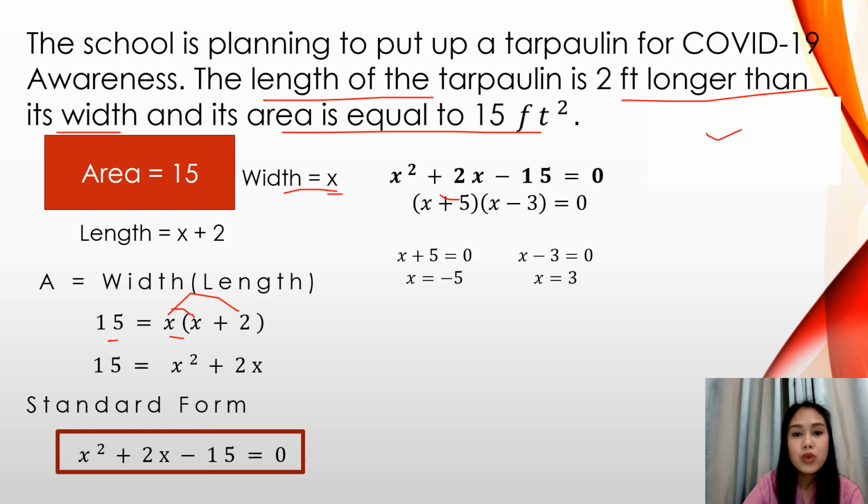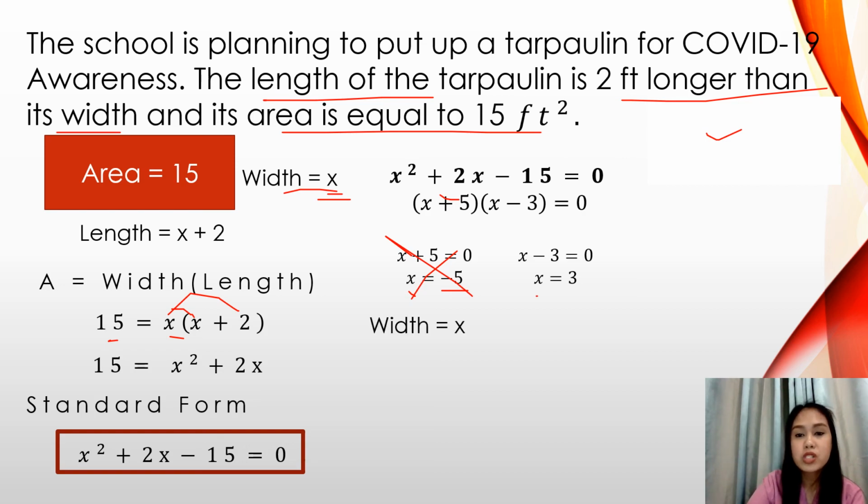Now, we know that we are going to use the value of x for the width. Now, among these two values of x that we got, it is impossible to use the value which is negative because there is no such measurement as negative. So therefore, we cannot use x is equal to negative 5 because this is a negative value. We cannot have a width that is negative. When we talk about measurements, it's always positive. Just like in the problem before, we cannot use a negative number of r's because there is no such thing as number of r's as negative.